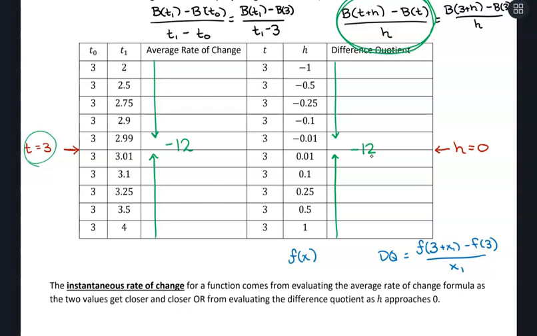And with that, we get an idea of our instantaneous rate of change for a function, using our average rate of change or difference quotient as a basis there. So this video, lots of notation, but just to get some practice at that idea of moving from average rate of change to difference quotient, and how it's accomplishing the same